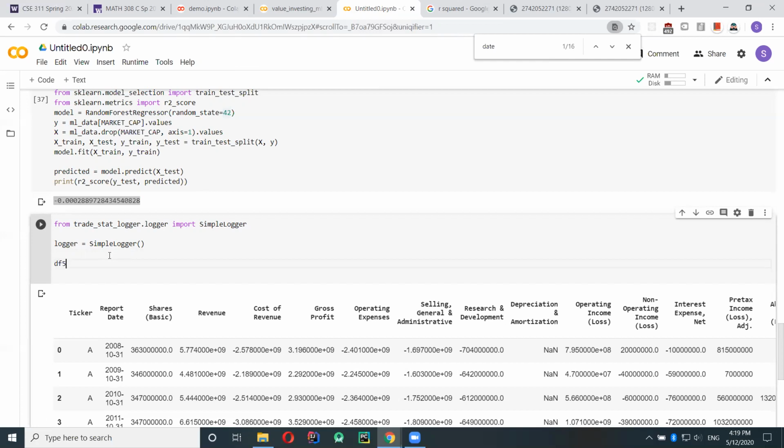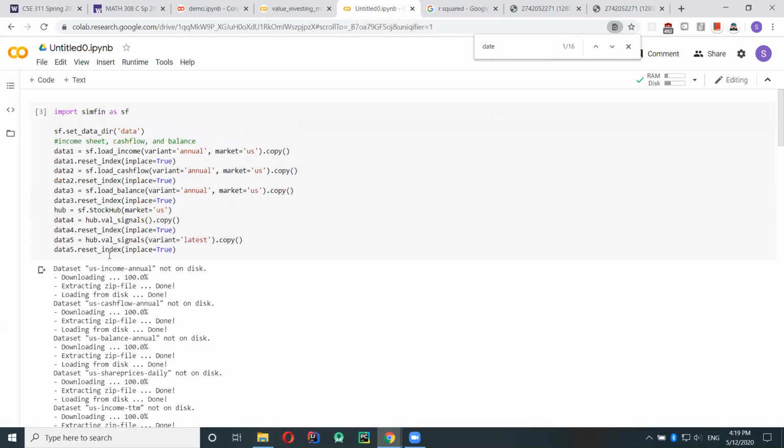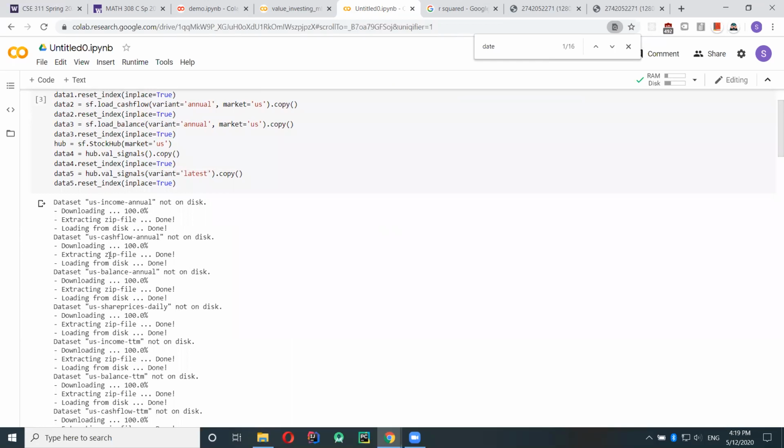Okay, so we had DF5, and those are... okay, let's go back to data 5. So you can see the val signals, and this gets the data over many years. However, we only wanted the market cap column.